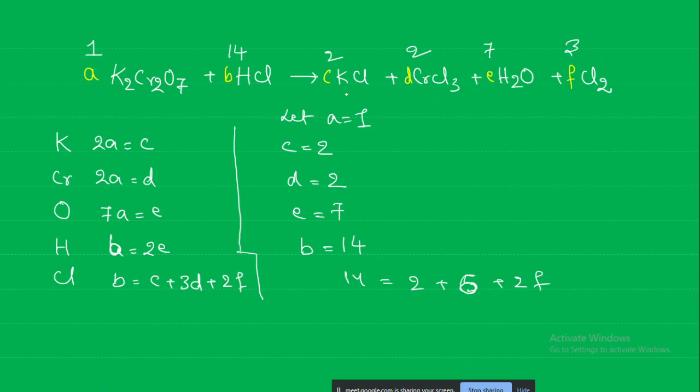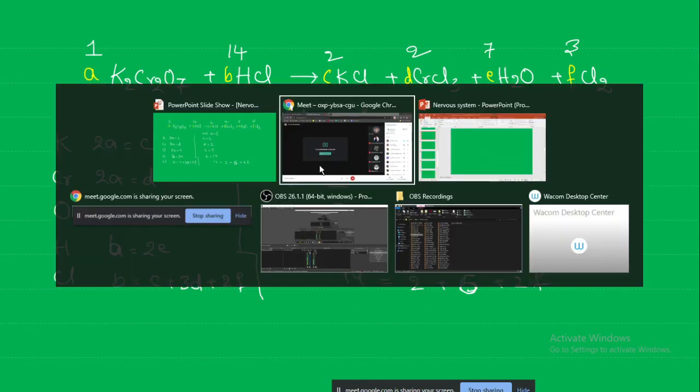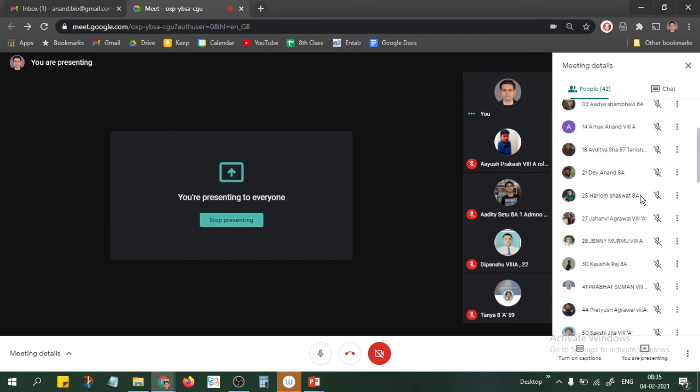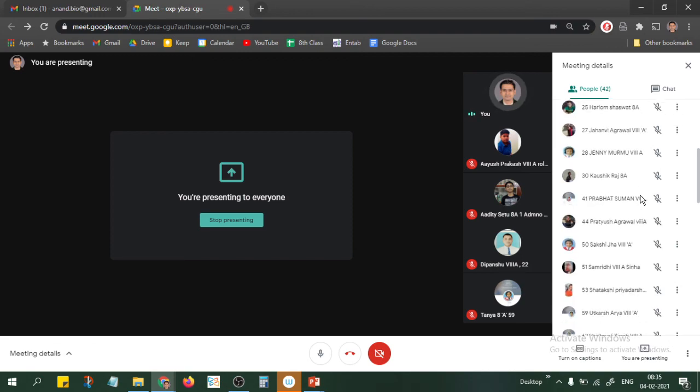So even if this kind of long equation is there, you can solve it in relatively less time. But it's not always important that you should use this method. As I told earlier, there may be much simpler equations, and you can use the simple hit and trial method if you are comfortable with that. No problem. You can use this method and solve some questions by yourself in your textbook. Some questions are there for practice purposes. You solve those ones.